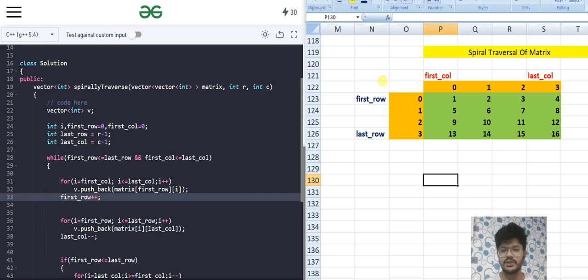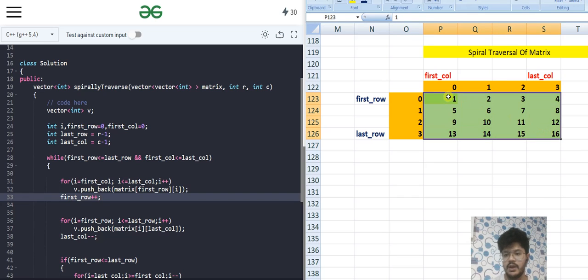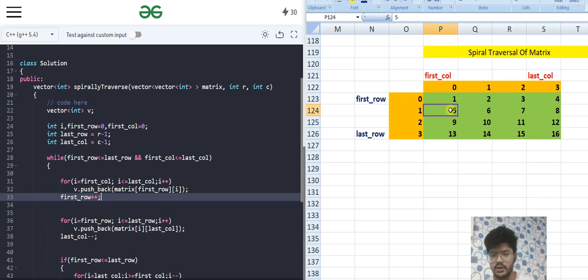So today's question is about a matrix, and the question is spiral traversal of matrix. First of all, what is the spiral traversal? So in an Excel sheet, see, here is an example of a 2D array. If someone has asked you to traverse a matrix in a spiral traversal, the output should be like this,